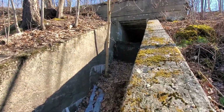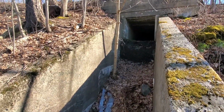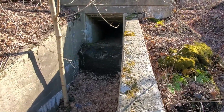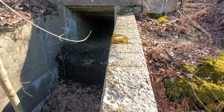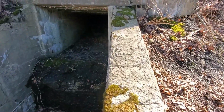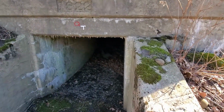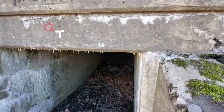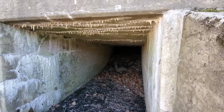See if we can get up here and show you. Yeah, this would have had water flowing right out of it. And of course, our local graffiti artist had to do a little damage to the property here. But that here is